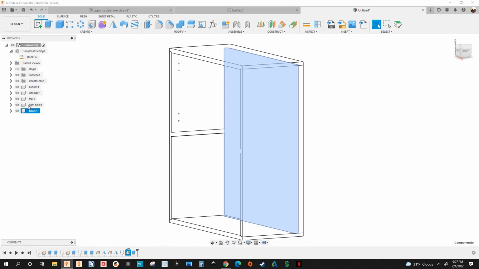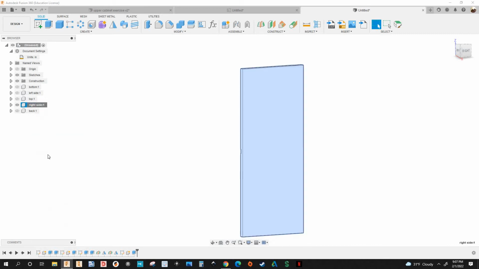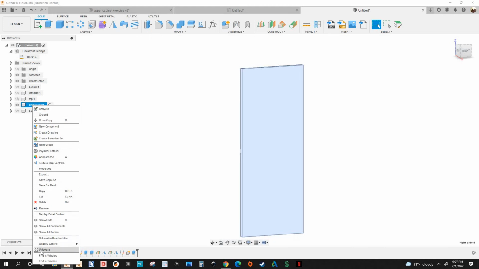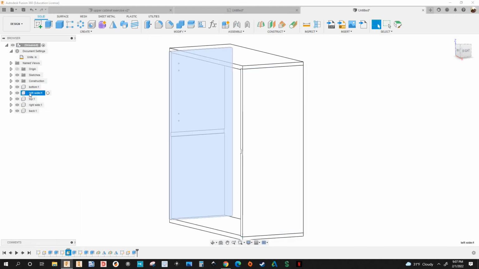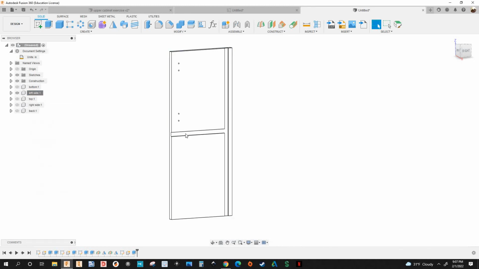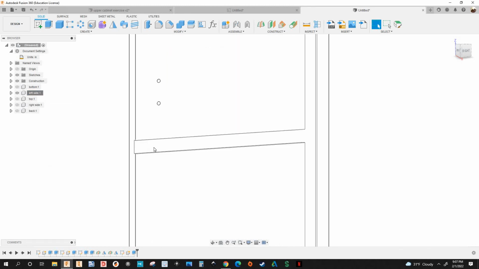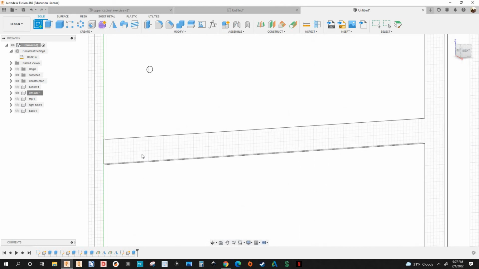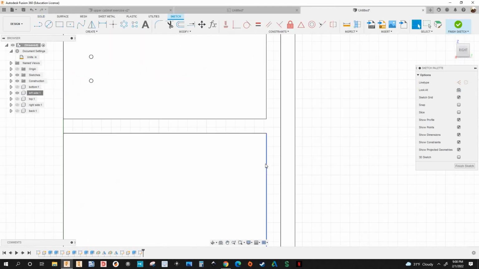Hit enter. And I'm gonna isolate this left side panel. I'm gonna select that. Right click. Isolate. Oops. No, I wanted the left side. Right click and isolate. I'll select the left side panel, right click, isolate, and I'm gonna create a sketch right here on this face. So I'll select create sketch, select that face right there,